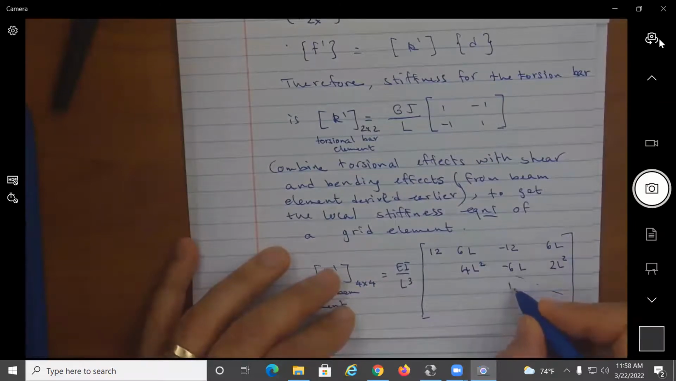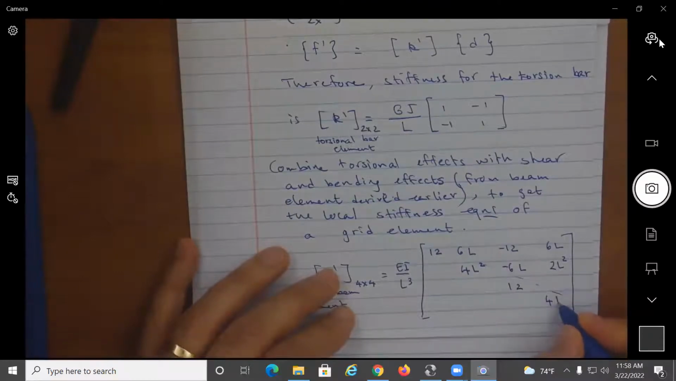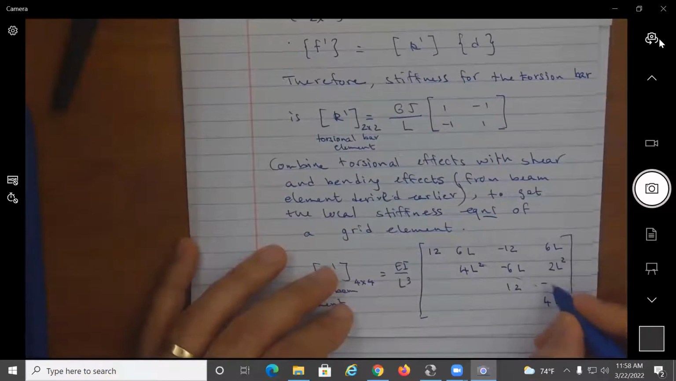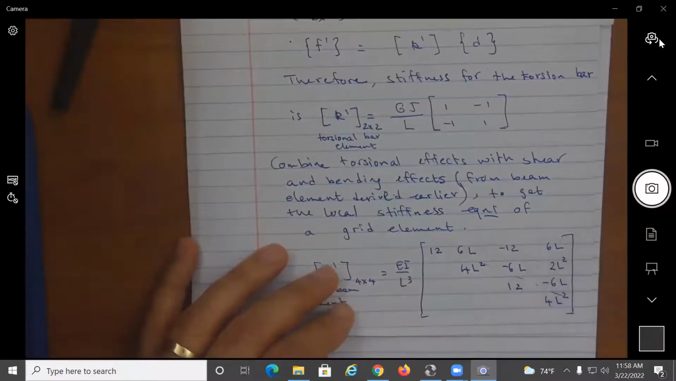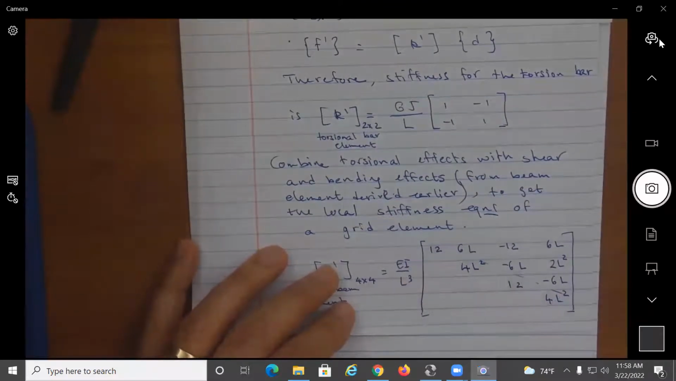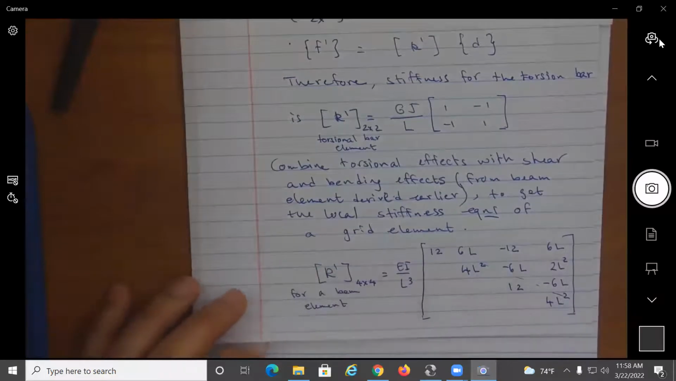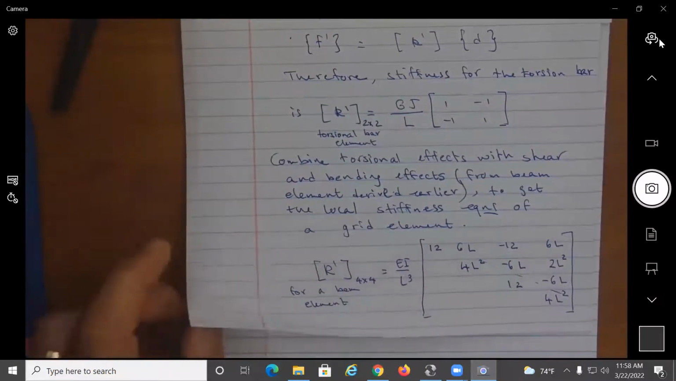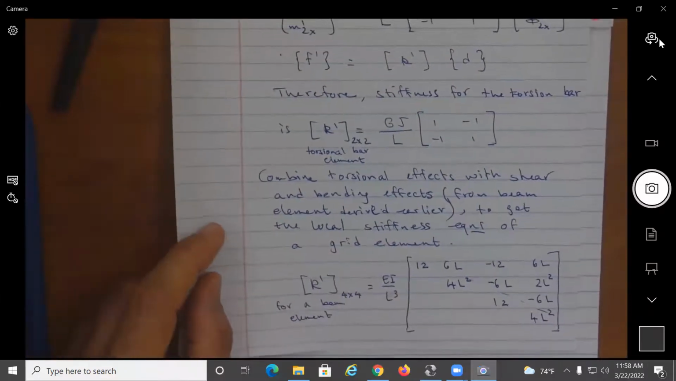And then we had here a 12, and we had here 4L squared. And we had here a minus 6L. And it was symmetric, right? So this is the stiffness matrix for a beam element. Now, if I want to write the equations for the grid element,